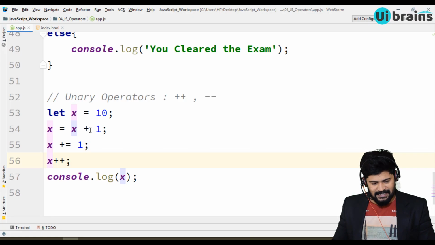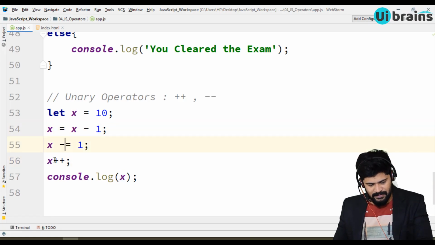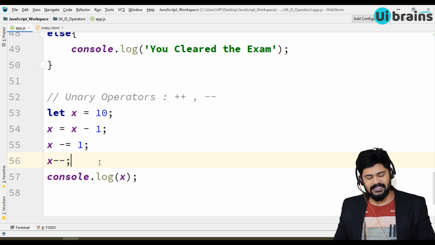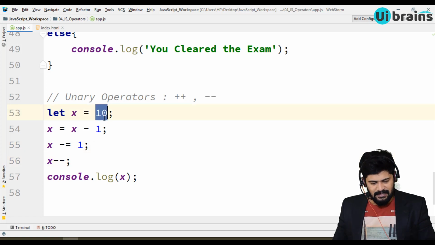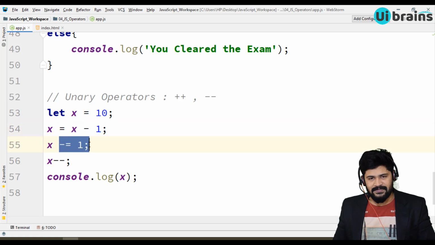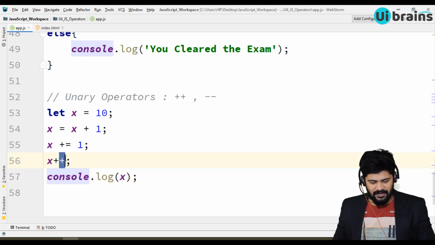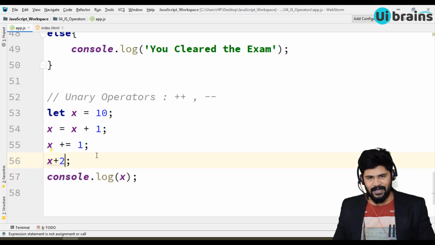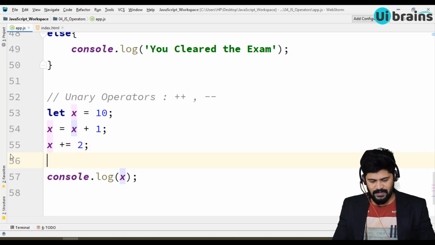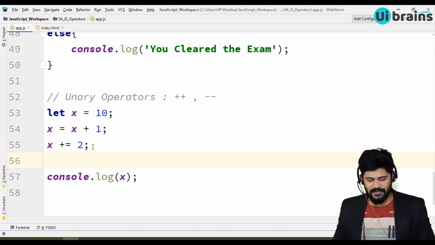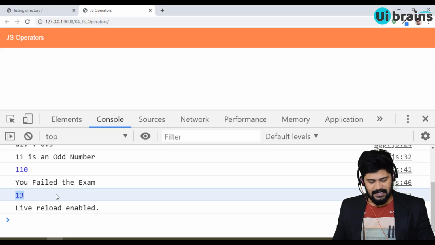Fine. In case you can make minus minus. Now can you guess the answer? Answer will be 10 minus 1 is 9, minus 1 is 8, minus 1 is 7. Answer will be 7. Okay, so like this, if you want to increment a value just by 1. If you want to increment by 2, never make x plus 2. It is invalid. Okay, so you can do x plus equal to 2. If you want to increment by 2, x plus equal to 2, you do. You get again 13. So here it is 11, 12 and 13.